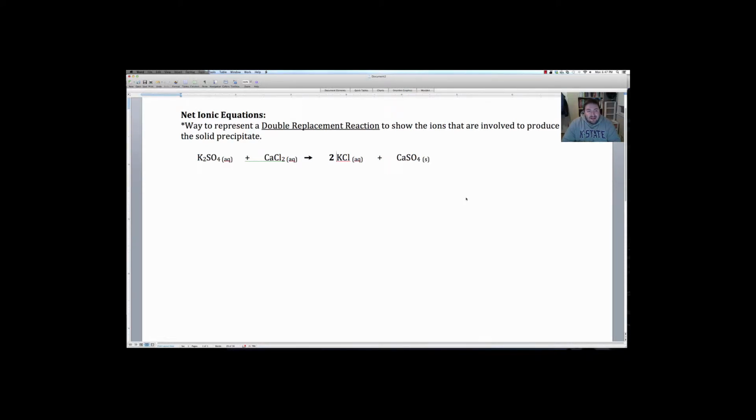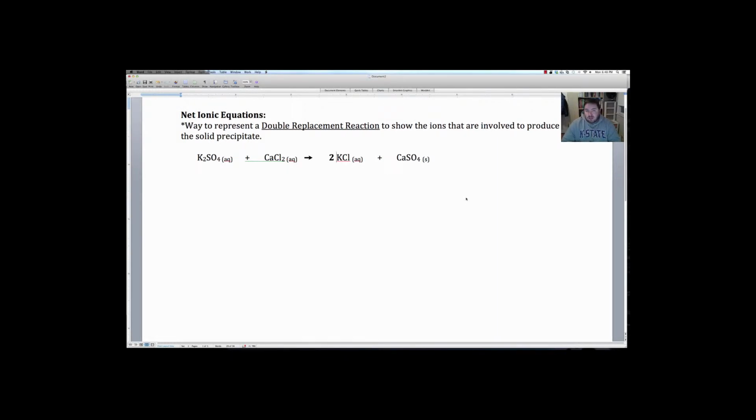Today we're going to talk a little bit about net ionic equations, which is the last part of our chemical equations and reactions unit. Net ionic equations are a way to represent double replacement reactions without having to show everything that's going on. All they show are the ions that are actually involved to produce the solid precipitate. Scientists don't care about the other parts, what they call spectator ions, which are the ions that